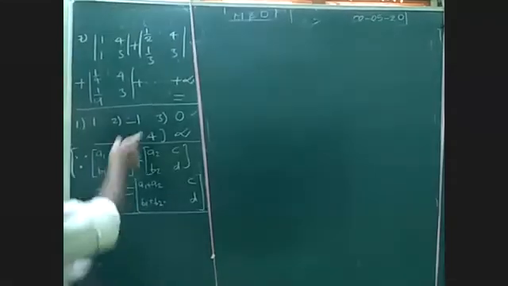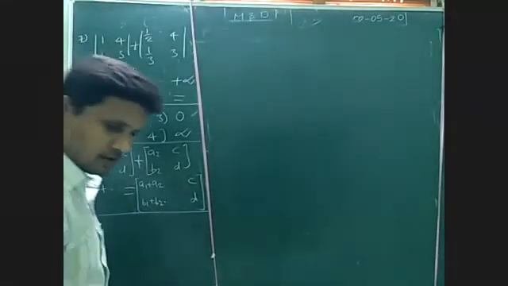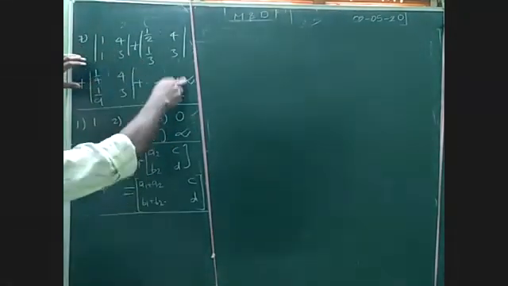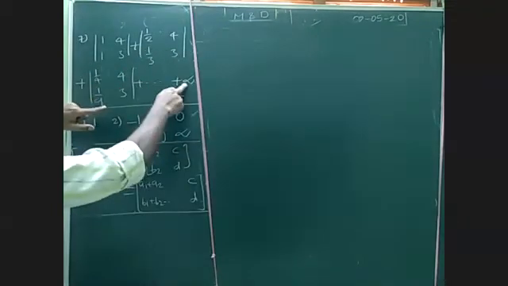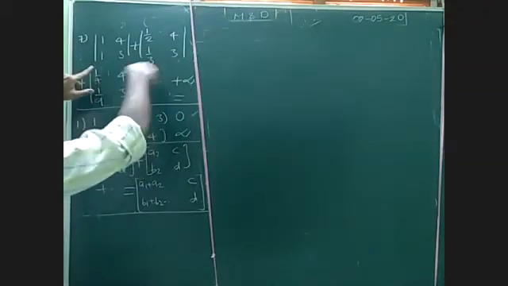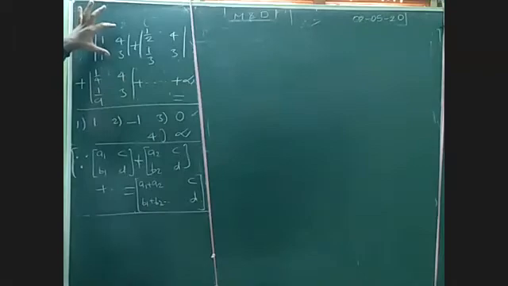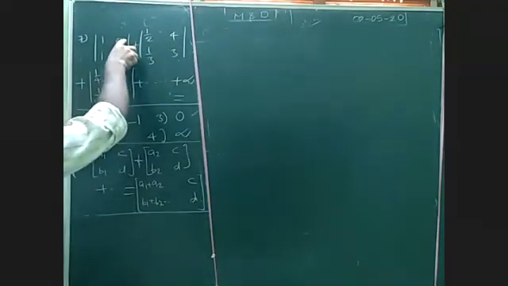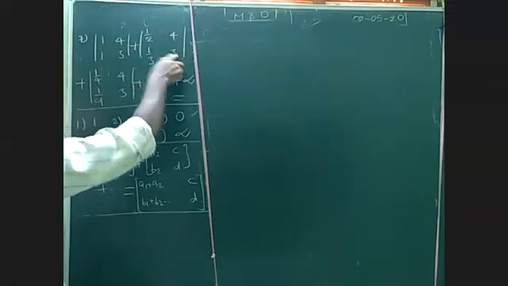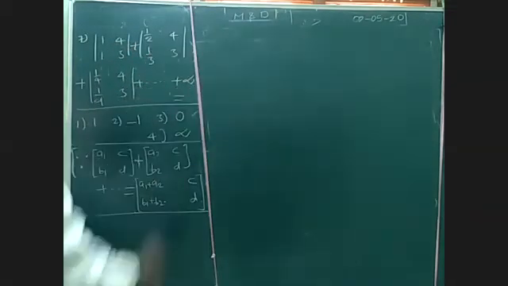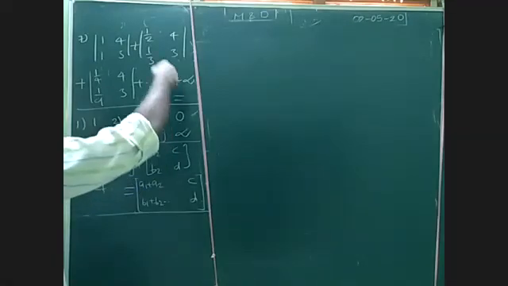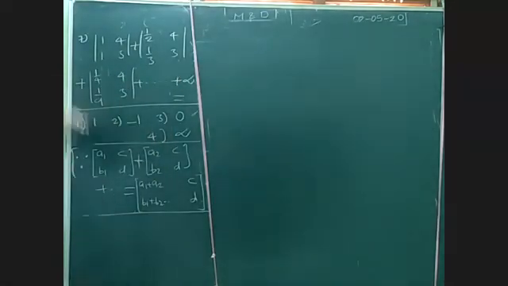Look at here, this question is given. Again, how many determinants are there? Infinite determinants are there. But if you observe, the second column is as it is: here 4, 3, here also 4, 3, here also 4, 3. Up to infinite terms, the second column will be 4, 3 only. But the first column value will be changing in each determinant.